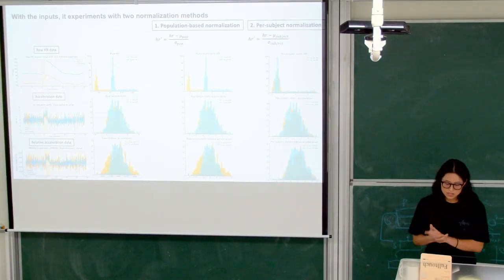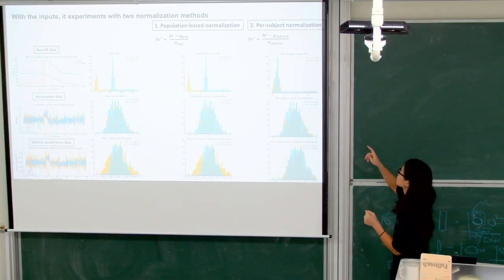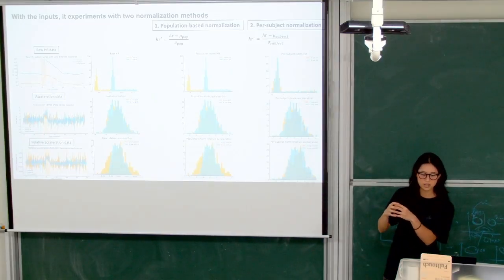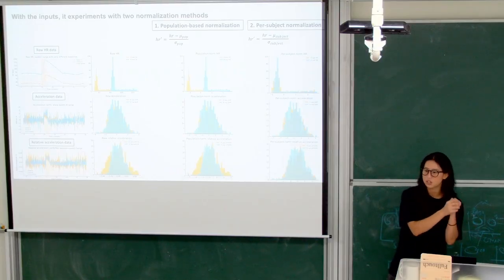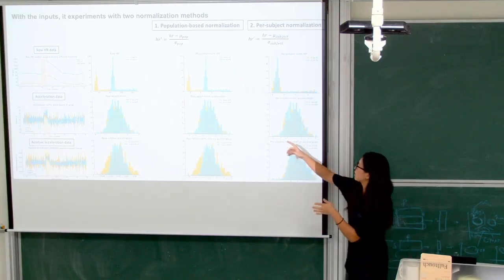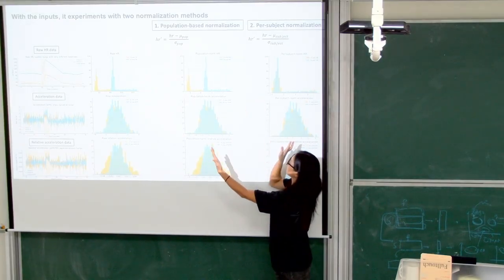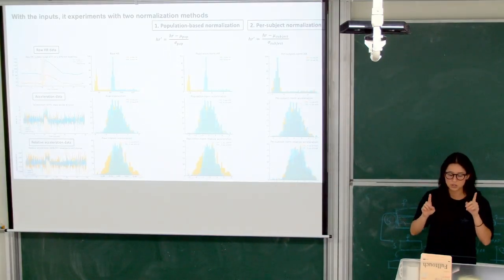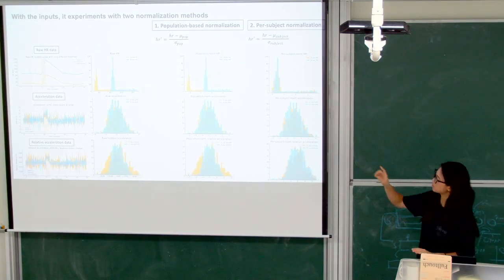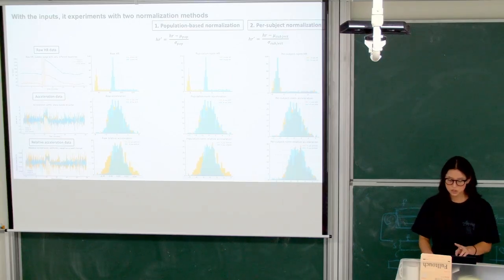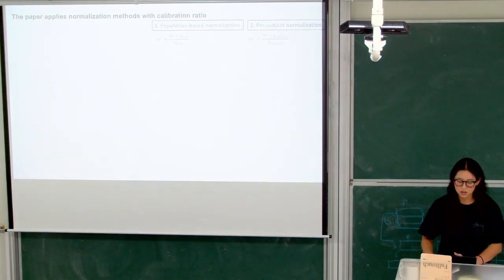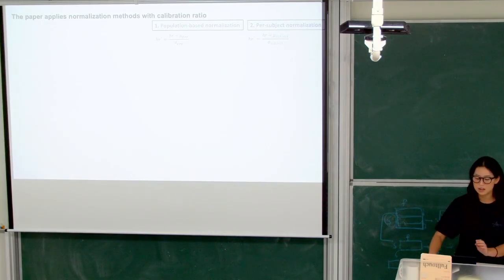Then this paper uses per-subject normalization. So the mu subject is one person's mean heart rate and one person's standard deviation of heart rate. As you can see, this is a good example where it moves the peaks closer, so it normalizes instead of having two diverse peaks. So these are the two things that they use. Now we have our normalized data, and we go into our train and test set. And this paper